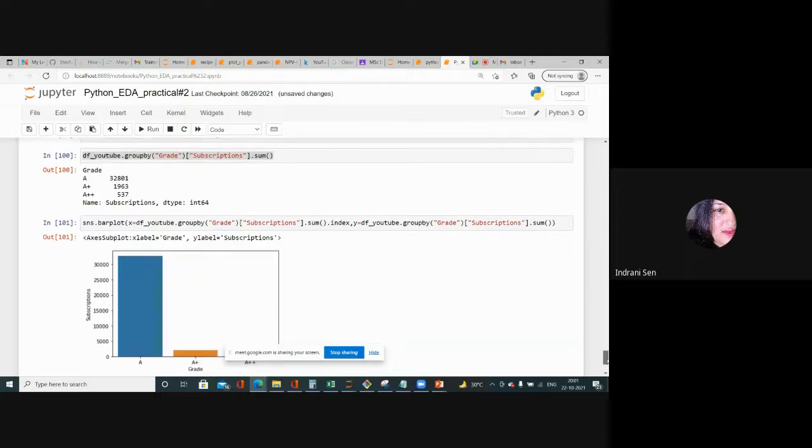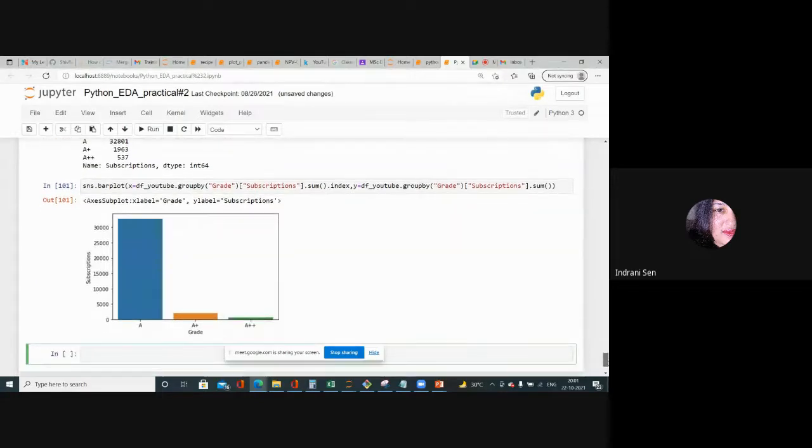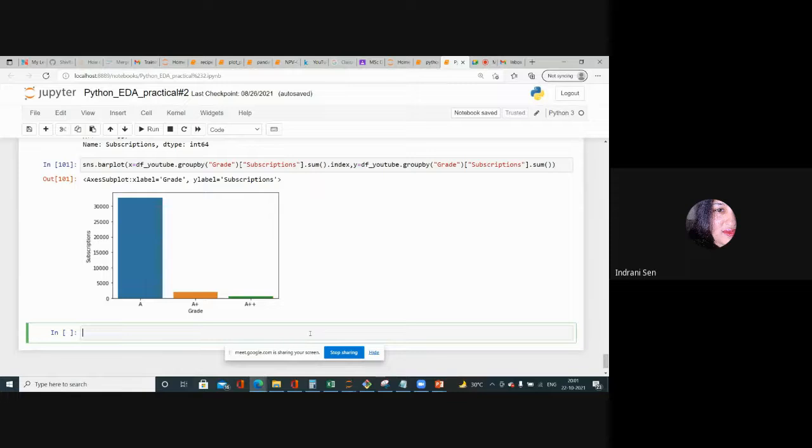Print total channel subscription grade wise and the visualization. This is the visualization. If you want to do a pie plot, that also you can do with plt.pie, and here you can give the sum, this one here, and the labels equal to the index, dot index, and then